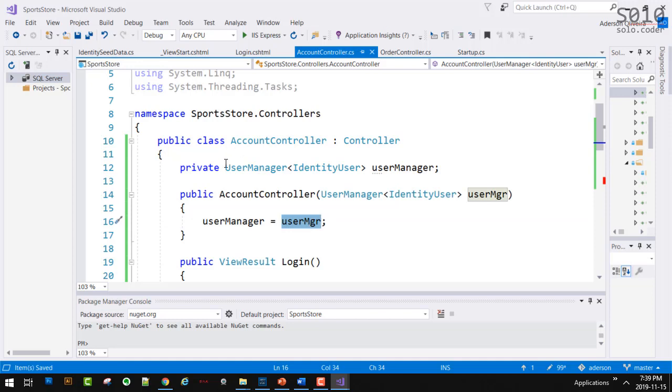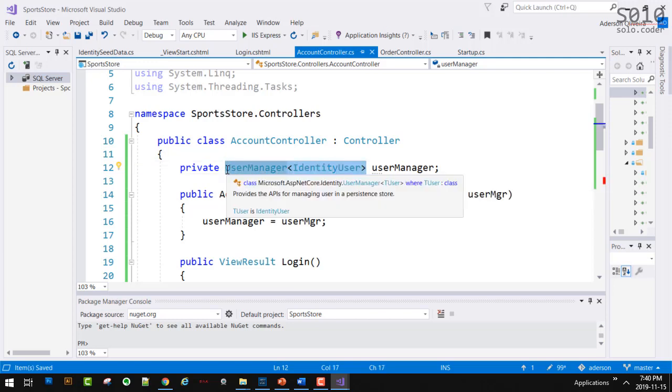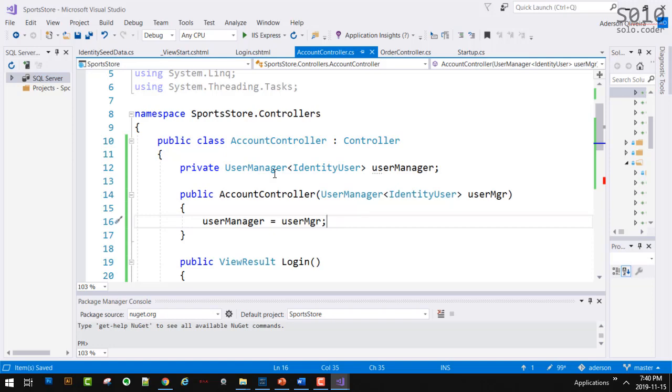One quick note. Again, UserManager is used to create, update, delete, and search users. Okay? Basic management of users. However, it is not used to manage passwords. Password is, in a way, a special property of users. So there is a special class that you're going to be using to deal with passwords. But we're going to start with the UserManager.